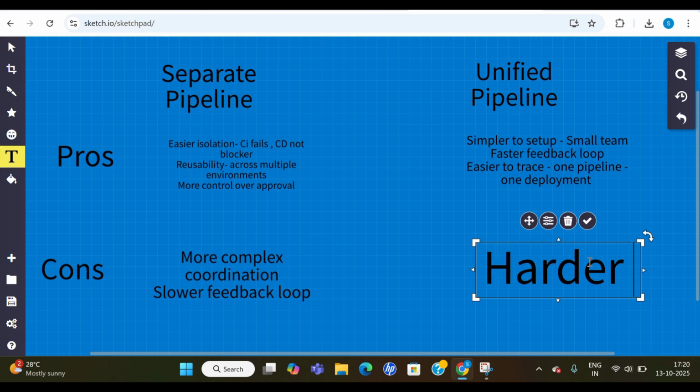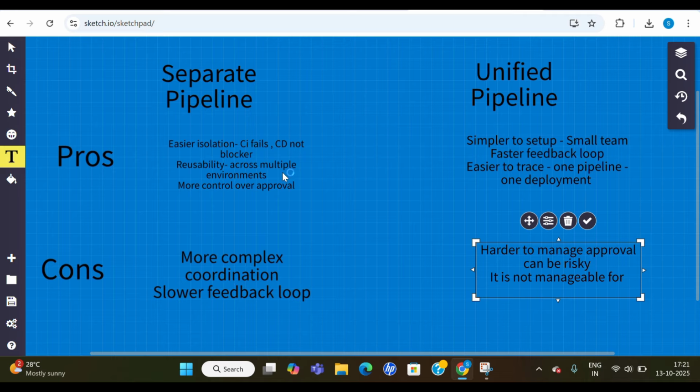harder to manage approvals. We understood that it will become very complex if we include it in a pipeline, and then it can be risky, because once the pipeline has been run, it will do the deployment on the environment, and even if it is in a lower environment, maybe it can break something, so that we don't know. So it can be risky, and then it is not manageable for multiple environments. It becomes very complex again for managing multiple environments, because every time you run the pipeline, every time a new artifact will be created